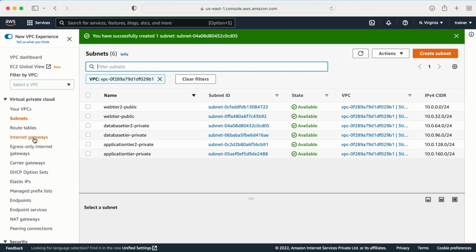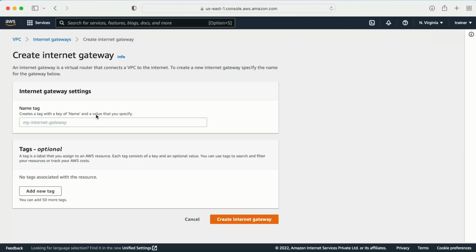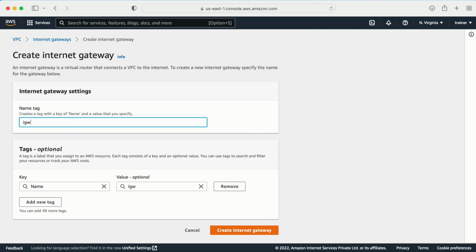So how to create the internet gateway? This is the internet gateway, and here we need to create an internet gateway. This is an AWS managed service, so we only need to provide the name, and everything is going to be taken care of by Amazon. So if something happens to this service, Amazon is going to solve that. We don't have to do any troubleshooting in this. It is not managed by us, it is managed by Amazon. So let me give a name. So the name is IGW